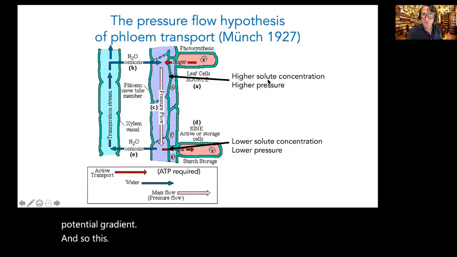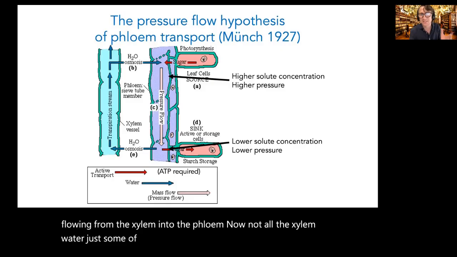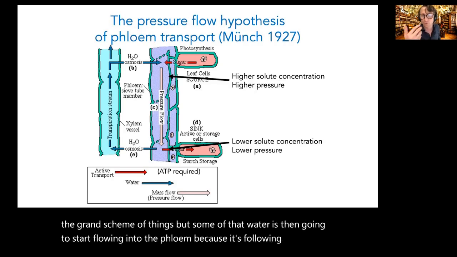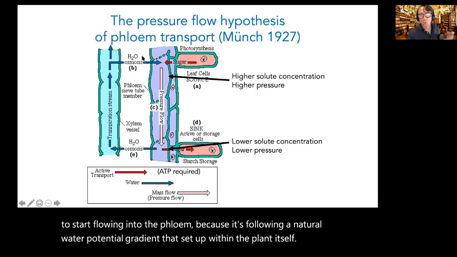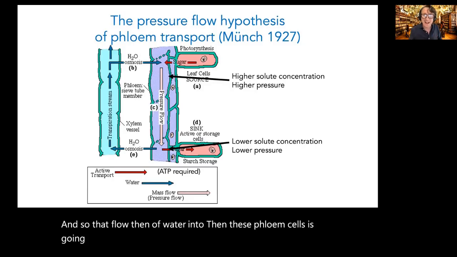And so this higher solute concentration is actually increasing the water pressure potential. And because of which, just through osmosis, water is going to be flowing from the xylem into the phloem. Now, not all the xylem water, just some of it, right? Because the phloem is not that big in the grand scheme of things, but some of that water is then going to start flowing into the phloem because it's following a natural water potential gradient that's set up within the plant itself. And so that flow then of water into these phloem cells is going to create a high